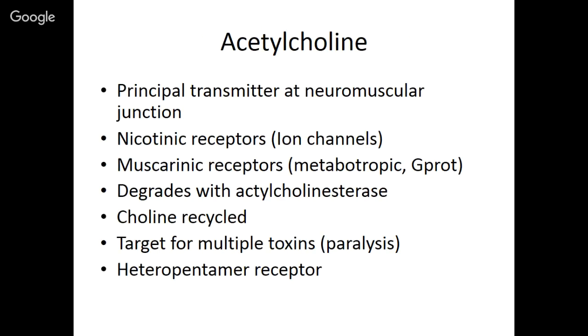Acetylcholine as a transmitter is the principal transmitter at neuromuscular junction. That's in the nicotinic receptors. These are ion channels. Muscarinic receptors are the other target for acetylcholine. They're metabotropic, so they're G protein coupled. Actually, sorry, acetylcholine is degraded by acetylcholine esterase, which is all scattered throughout the area, and the choline itself is what's recycled. Now, the receptor itself, because it's so intimately involved with movement, is, you could say it's a target,